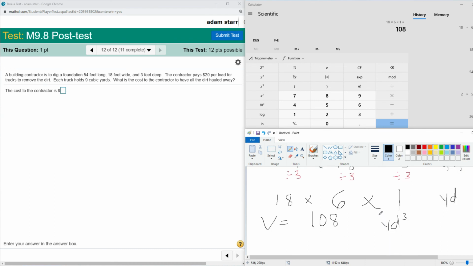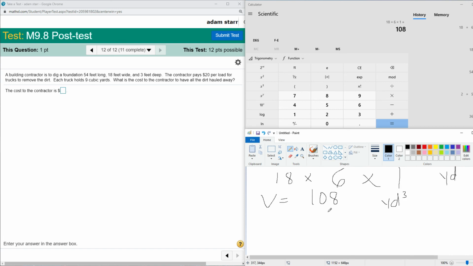Okay, so now the contractor pays $20 per load for trucks to remove the dirt. So for every truckload, it costs $20. But each truck holds 9 cubic yards. So I have 108 total cubic yards, and each truck holds 9. So to find out how many truckloads there are going to be, I'm going to take my total volume and divide it by how many fit in one truckload. In this case, it's 9. So I'm taking my 108 and dividing it by 9,